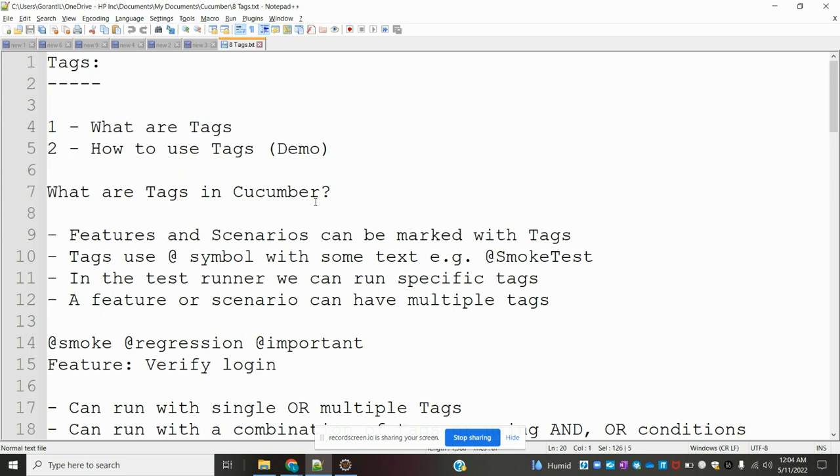Okay, first, what are tags in Cucumber? Basically, if you want to run a specific feature file or a specific thing, the features and scenarios can be marked with a tag. For tags we use the @ symbol, like @smoketest, and here we can specify it for one scenario. That tag we can specify in the test runner